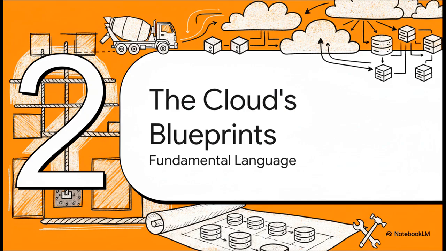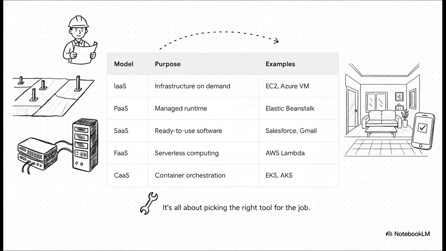And just like a building architect has their materials, concrete, steel, glass, a cloud architect has a fundamental toolkit too. So let's take a look at the basic building blocks they get to play with. Okay, check this out. This table shows you the different levels of control an architect has. On one end, they can choose IaaS for raw computing power. That's kind of like buying an empty plot of land to build on from scratch. Or they could go all the way to the other end with SaaS, which is like moving into a fully furnished apartment. Every project is different, and the architect's job is to pick the right tool for that specific job.